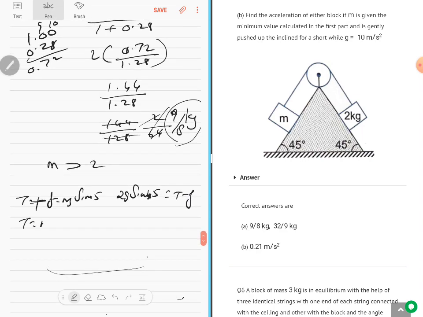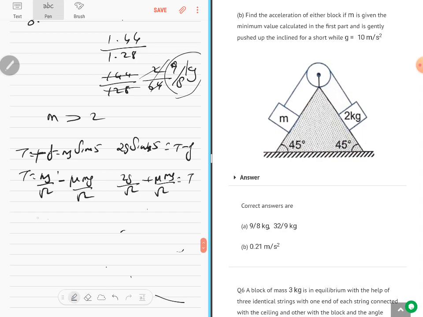So what is T from here? mg by root 2 minus frictional force, which is mu into normal reaction, which will always be mg cos 45, which is mg by root 2. And here T is 2g sine 45, which is 2g by root 2, plus F is equal to T, where F itself is mu into normal reaction, which is mu into mg by root 2. So then T is equal to mg by root 2 into 1 minus mu in the first case,